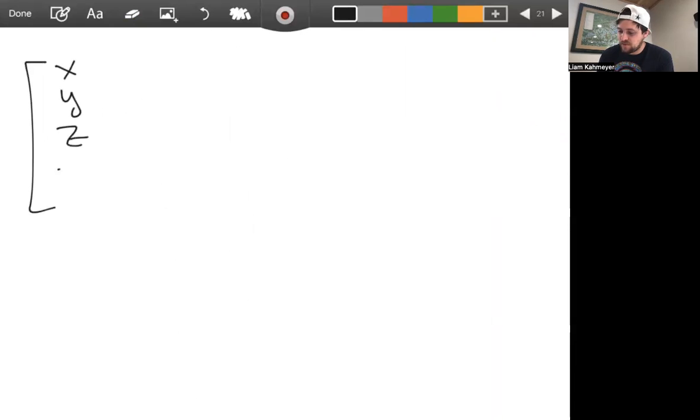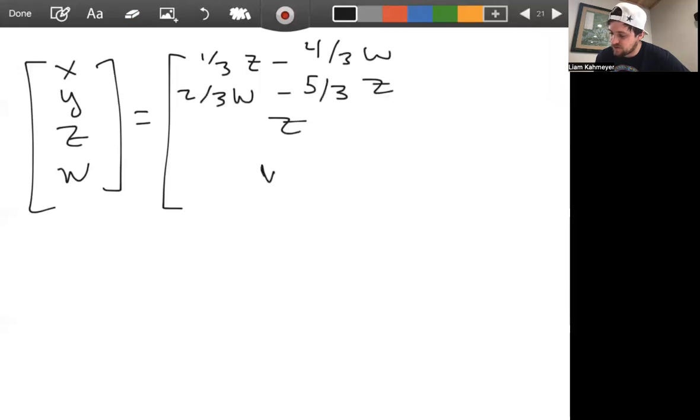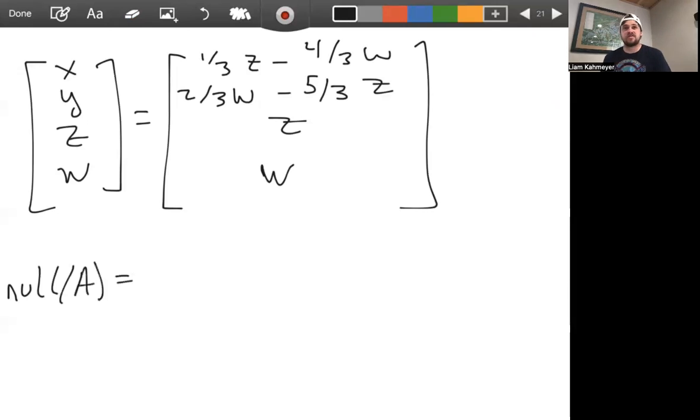(x, y, z, w): the x component is going to be 1/3 z minus 4/3 w. The y component is going to be 2/3 w minus 5/3 z, and then z is z and w is w, right? So the null space of the matrix A, right? That's exactly the set of solutions to this system. So the null space of A is then going to be the set of vectors, and it looks like we're going to have